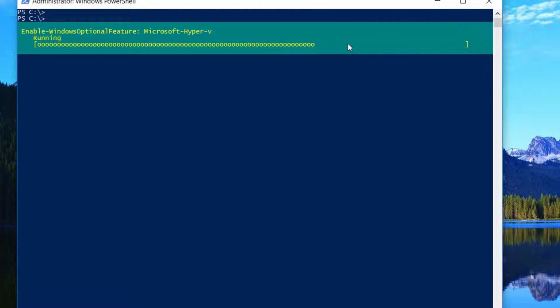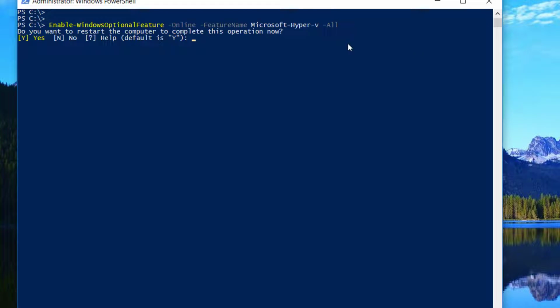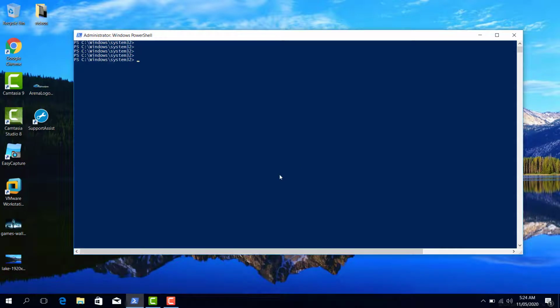It takes a few minutes, similar to the previous method. We need to reboot our Windows 10 machine for this Hyper-V feature to be enabled. So it will ask whether I want to restart the computer. I'm specifying no. I will go ahead and manually restart and come back, and we'll validate. This is a simple method. It says restart needed: True. We have to restart it.